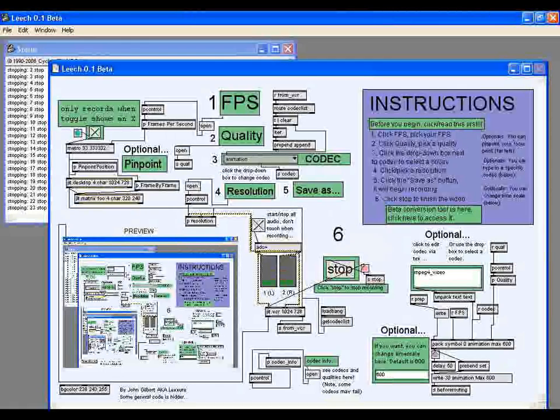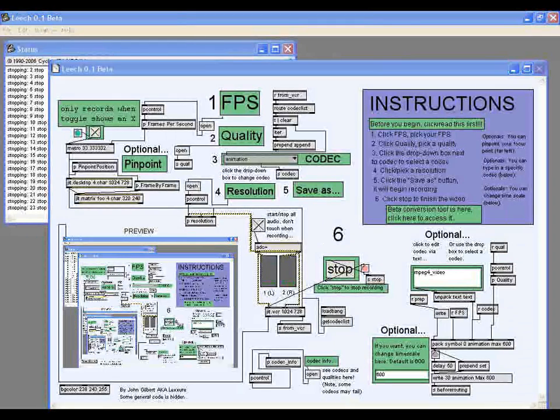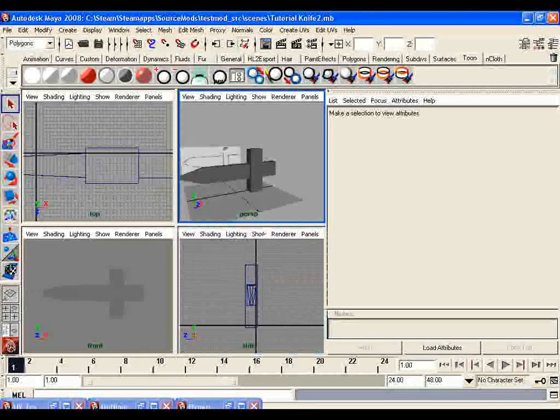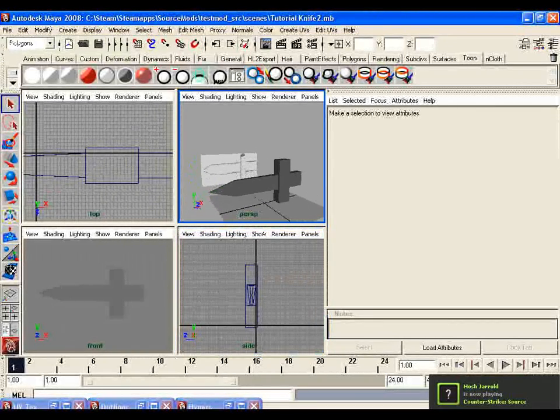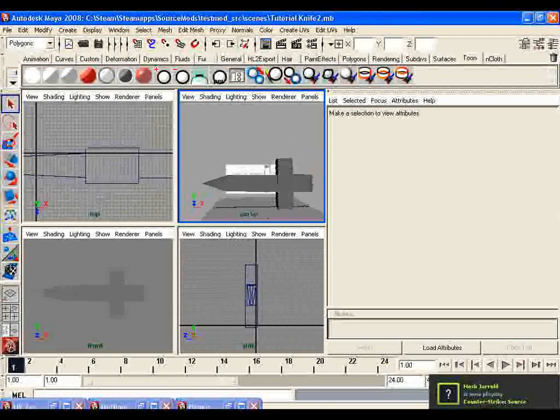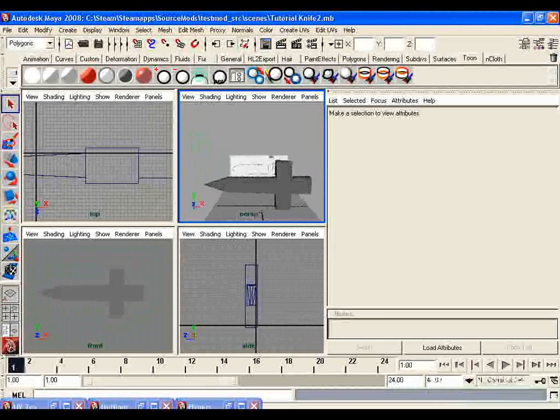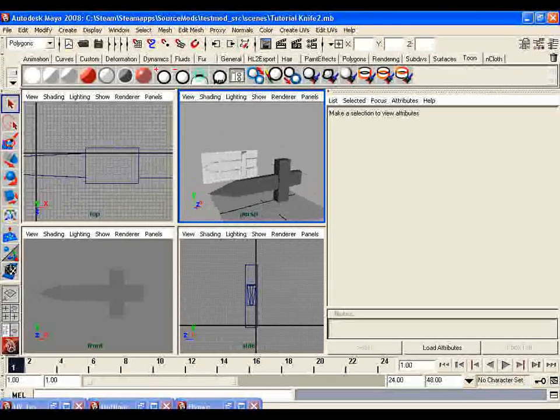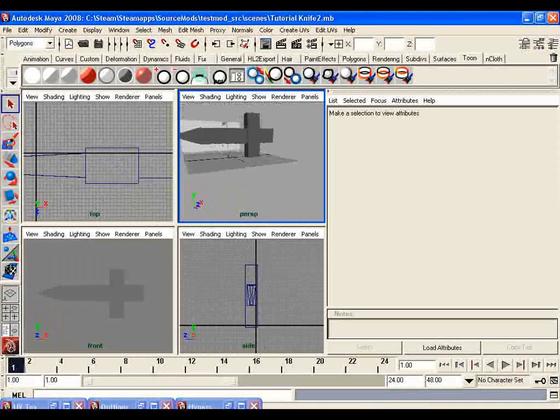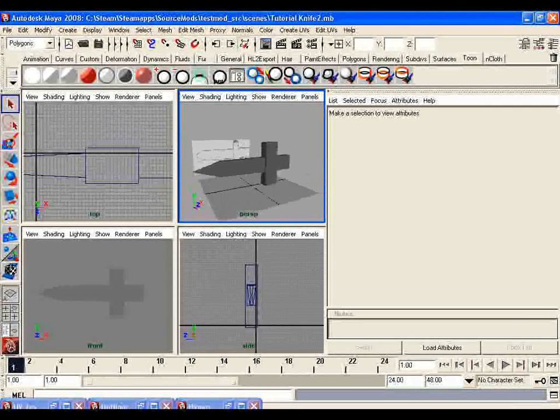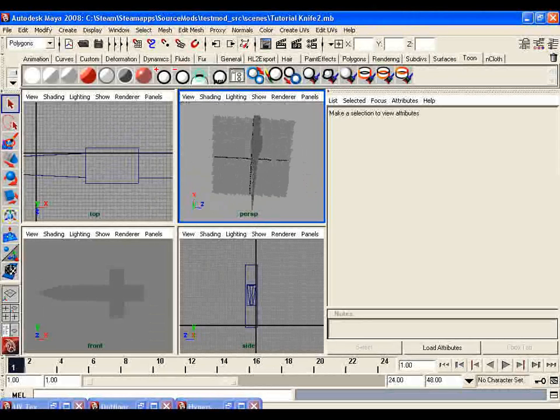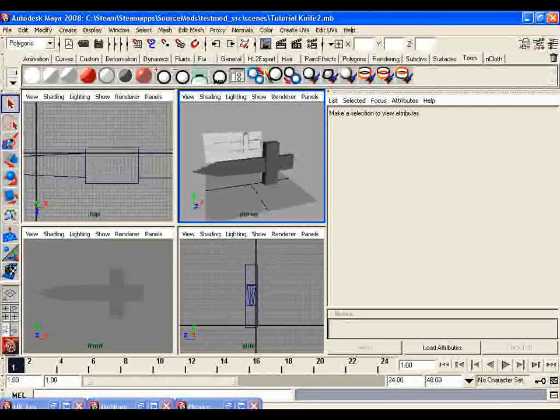Alright, what I want to do now, sorry, I'm a little disoriented because I was just testing some stuff, is texture this. I'm going to try a new method I just tested, and I believe it works, but for general purposes it may not be what you want. However, if you are an experienced Maya user and you use the Hypershade, I found a trick you can use to bake a texture to a TGA file,